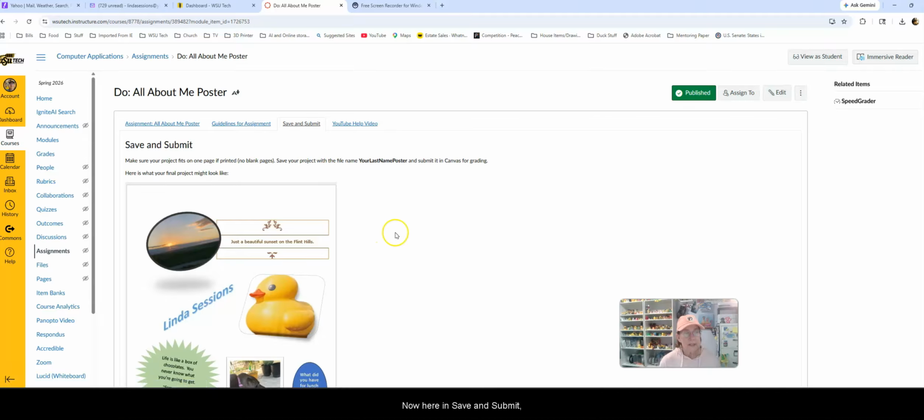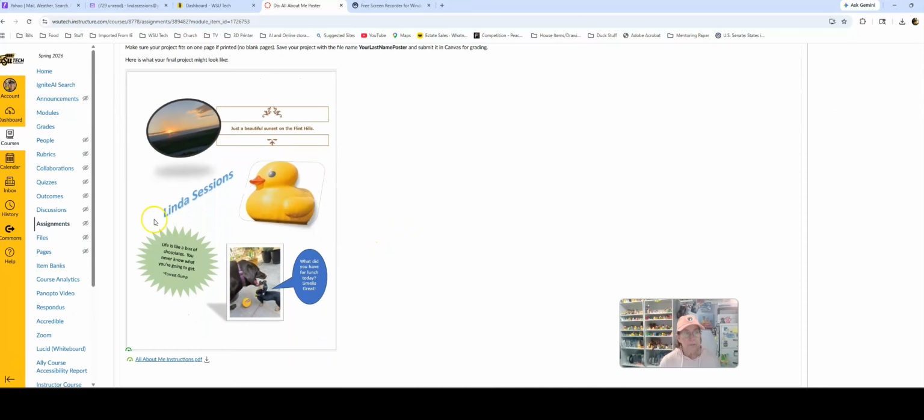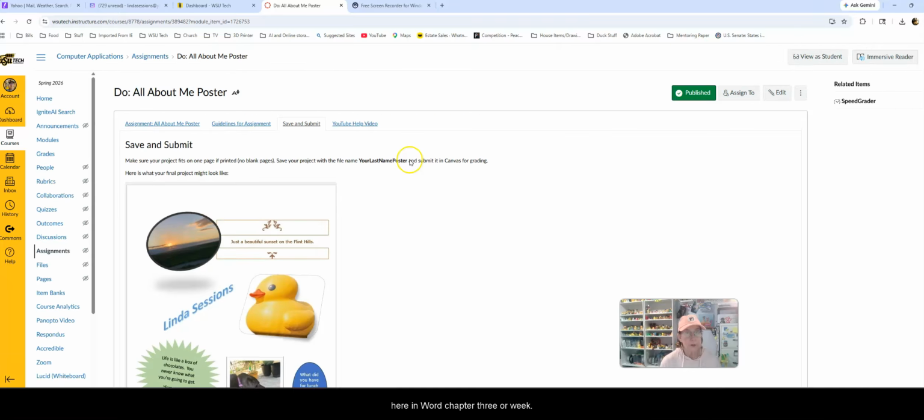Now here in Save and Submit, here's one that I've completed. You can see I put in a picture of the Flint Hills. I've got a text box here. I've got a picture of ducks. As you know, I like ducks. Lots of them back here. Here's a picture of 2 of my dogs. Bailey looks like she's eating Paris's face. But this is just a little bit about me. And I just want you to, just a simple poster about you. Okay? So those are the assignments here in Word Chapter 3, or week,